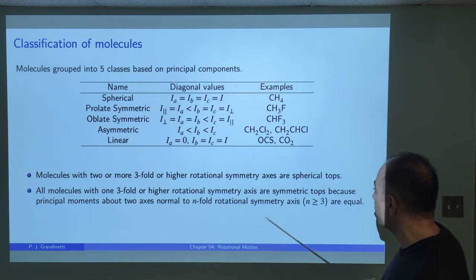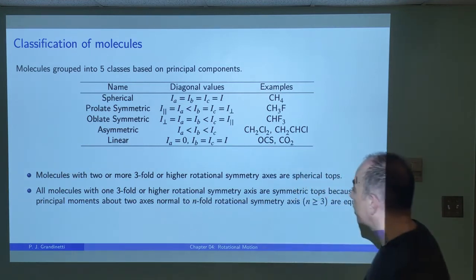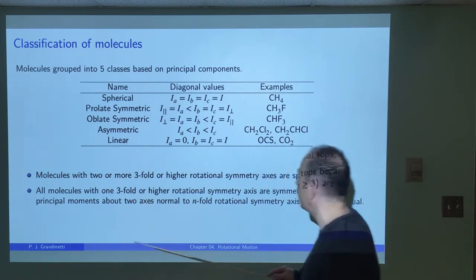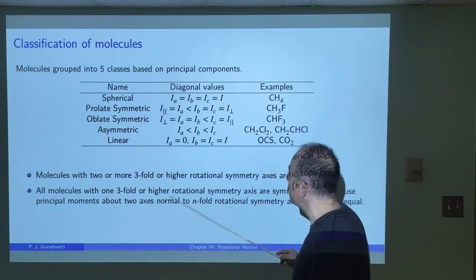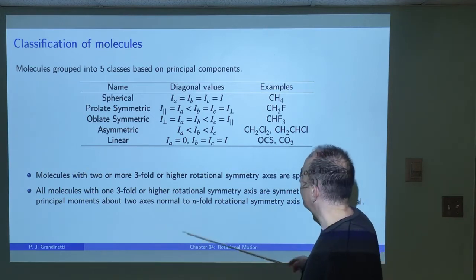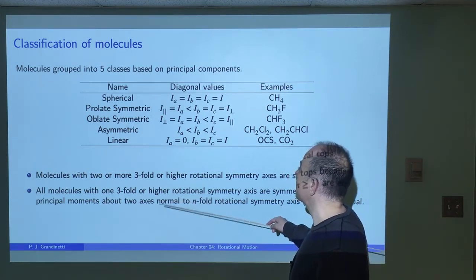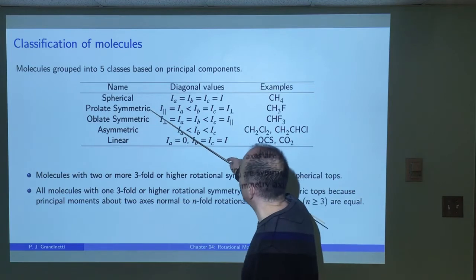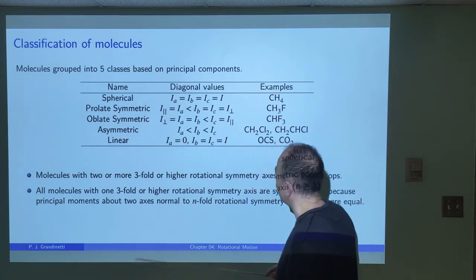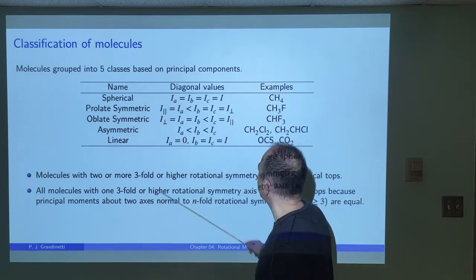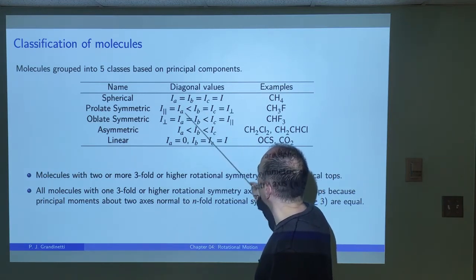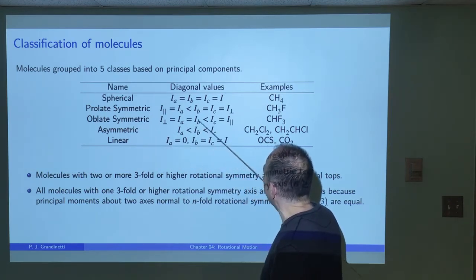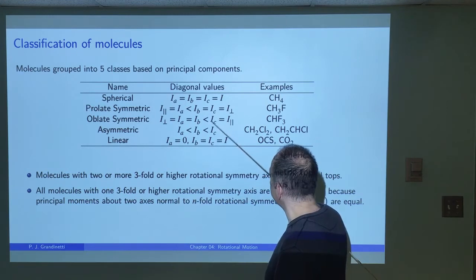Now there's also a class of molecules called the symmetric molecules, which have one threefold or higher symmetry axis in the molecule. In those cases, two of the components will be equal, and we're going to separate these into two different subtypes of symmetric: the prolate symmetric and the oblate symmetric. In the case of prolate symmetric, B and C will be equal, and A, the smallest one, will be unique. In the case of oblate symmetric, A and B will be equal, and the largest component, C, will be the